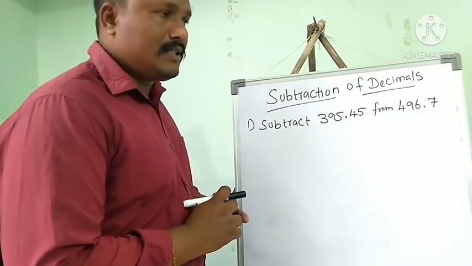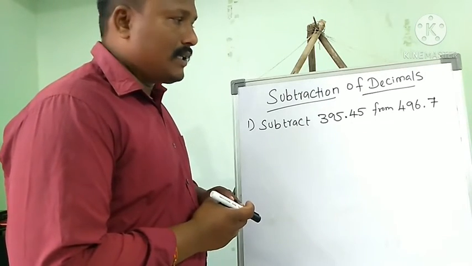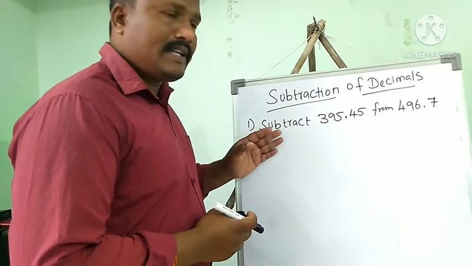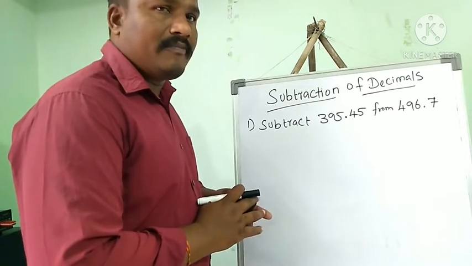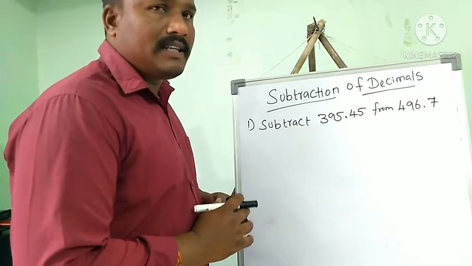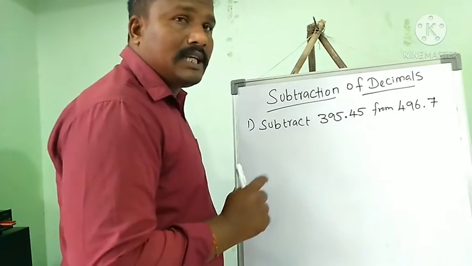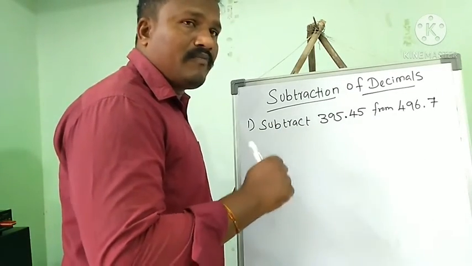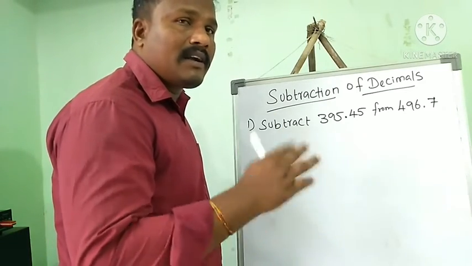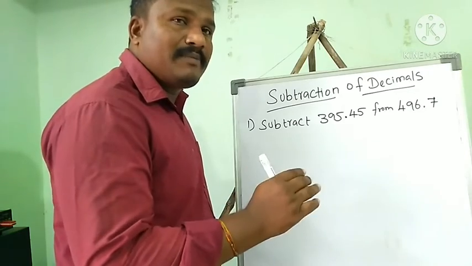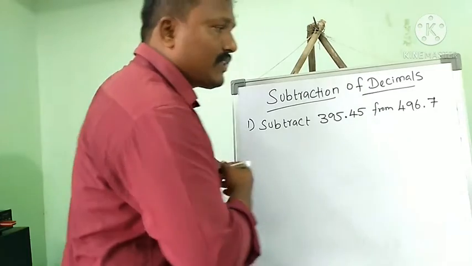Okay students, in this video you are going to learn how to subtract decimal numbers. For that I have taken two example decimal numbers. Now I will subtract, so you can understand how to subtract the given decimal numbers. Before subtracting, you have to find out whether the given decimals are like decimals or unlike decimals. If the given decimals are unlike, you have to convert them to like decimals. So first step, I am going to convert.